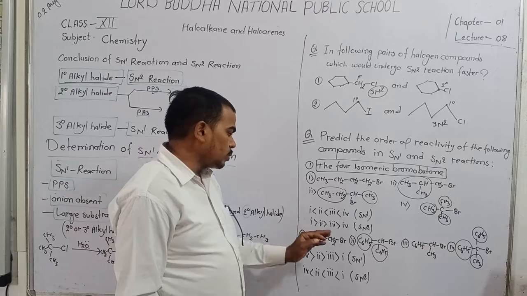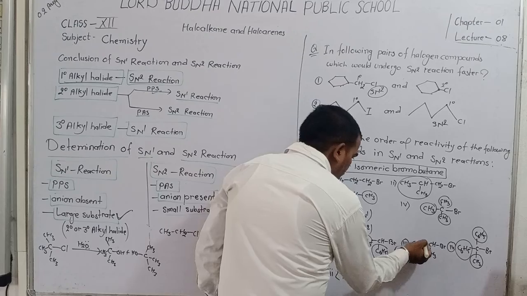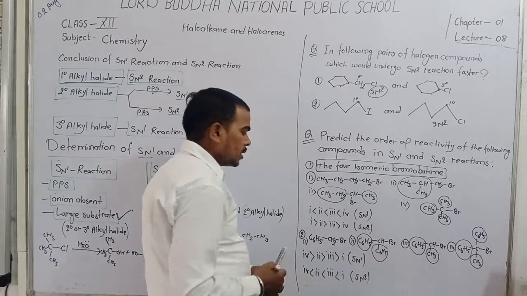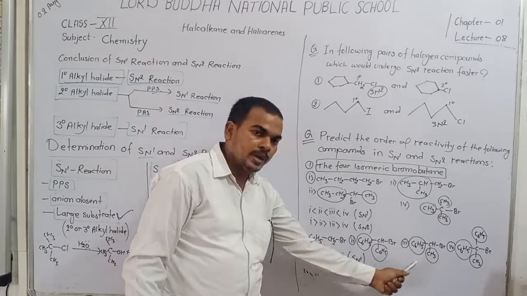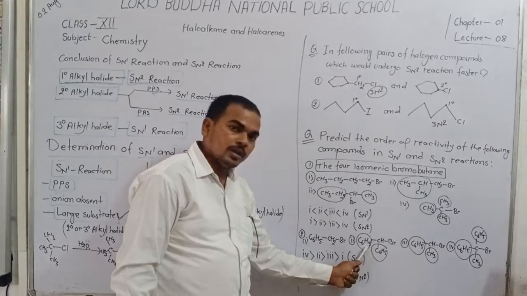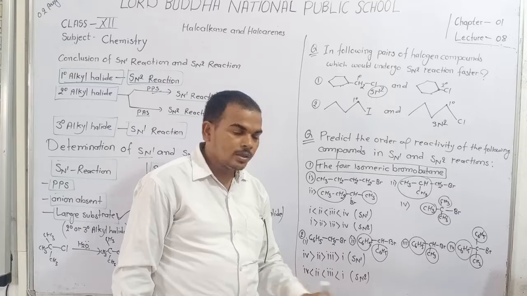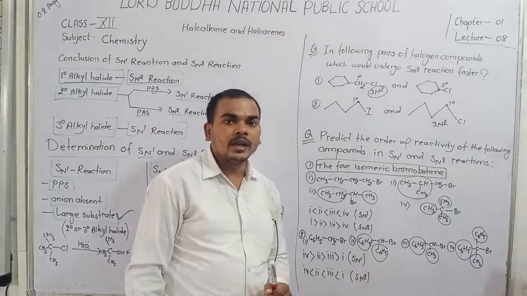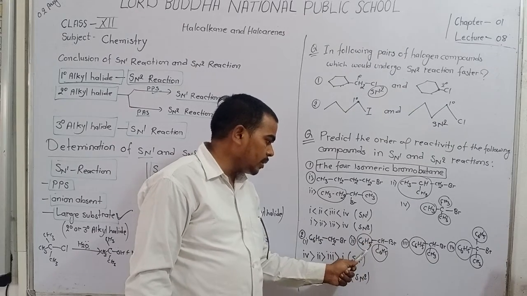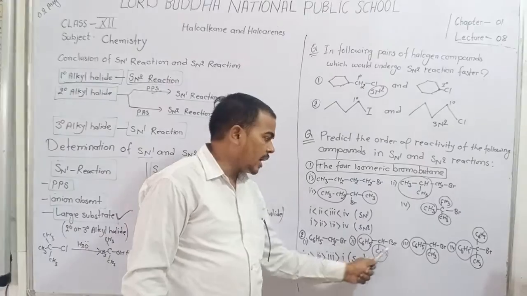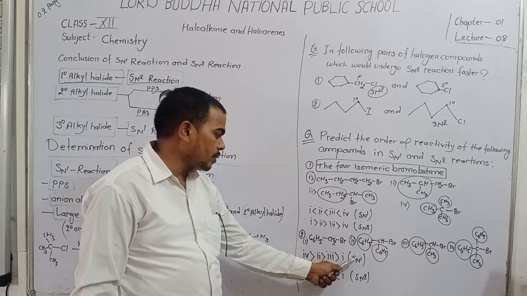Yes, as compared to second and third, you observe here 1 bulkier group and here 2 bulkier groups. In both second and third, you observe here 2 bulkier groups, here 2 bulkier groups. But here the 2 bulkier groups are both benzene, but here the 2 bulkier groups are 1 benzene and second methyl. But always remember that benzene is bulkier as compared to methyl. Okay, so it means the second is bulkier. Second has the bulkier group as compared to third. Okay. So third is less favorable for SN1. Dear student,